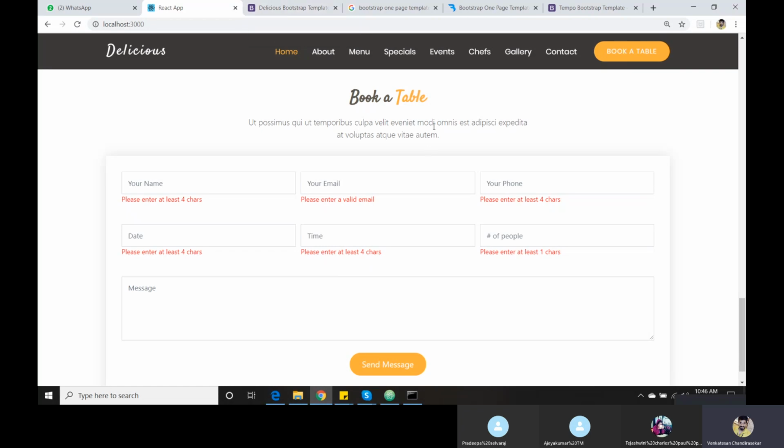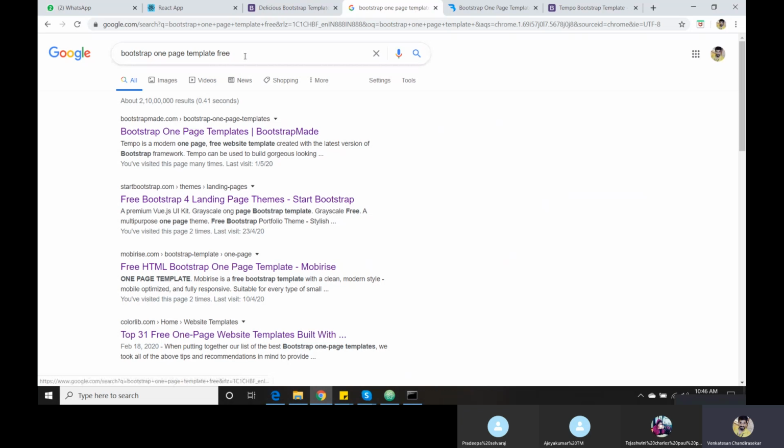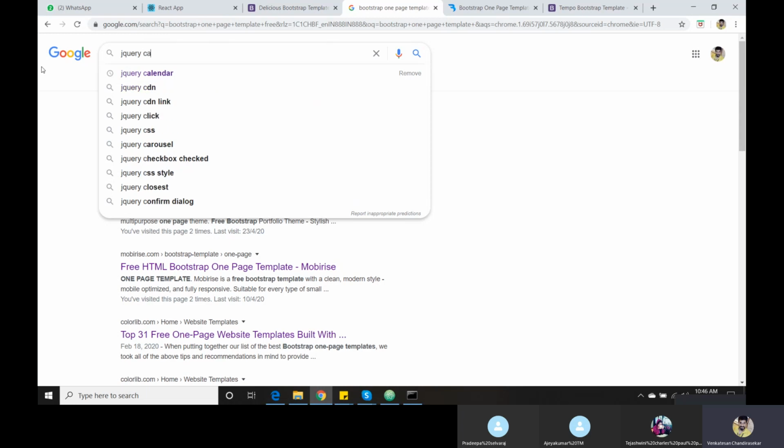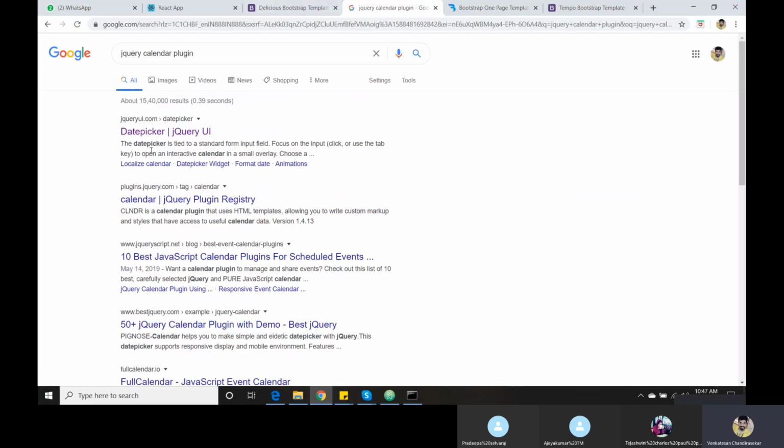They have already created their own packages, like a jQuery calendar plugin. There are a lot of packages available, and based on our requirements, we can choose any package.